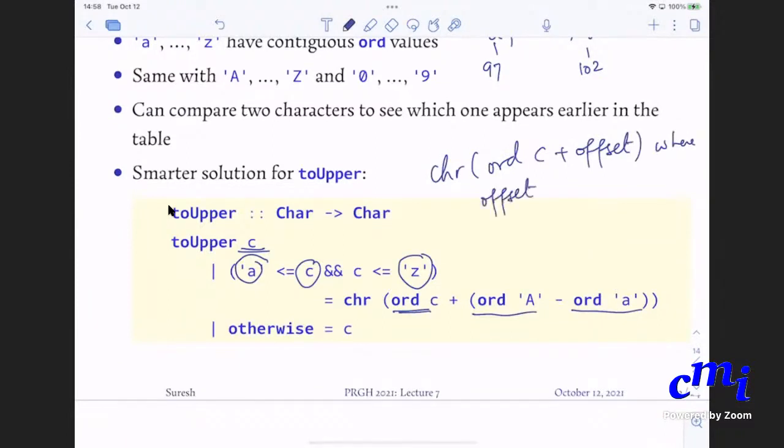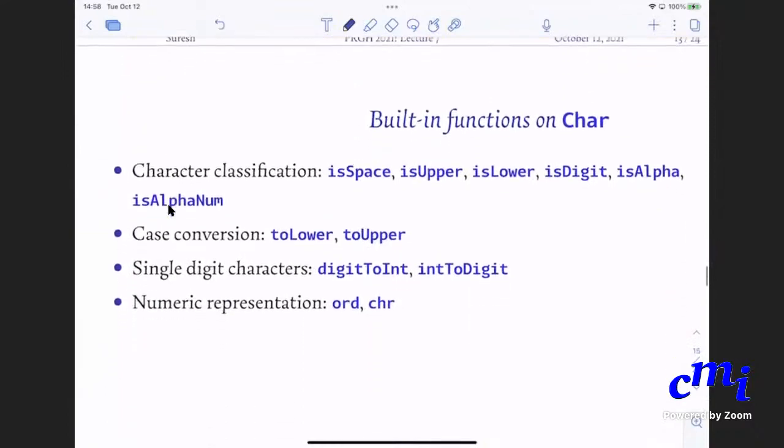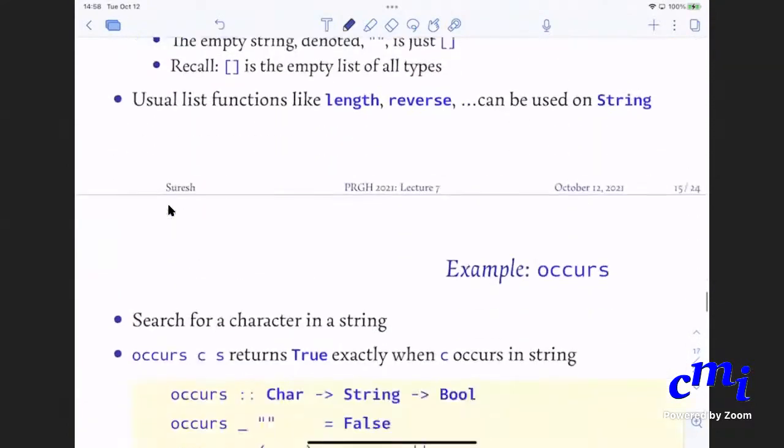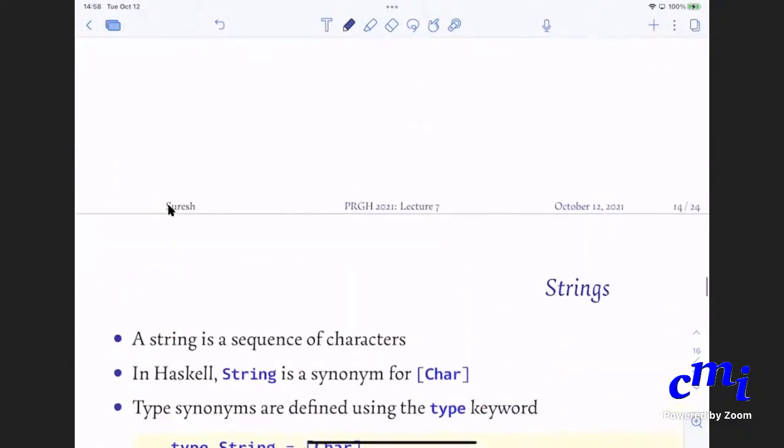In fact, at this point I can go to GHCi and do some code for the next however many minutes, and then we can stop. Yeah, so we can talk about strings later.